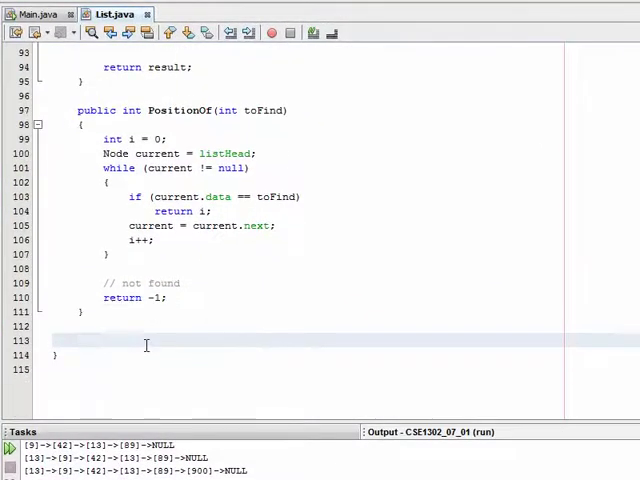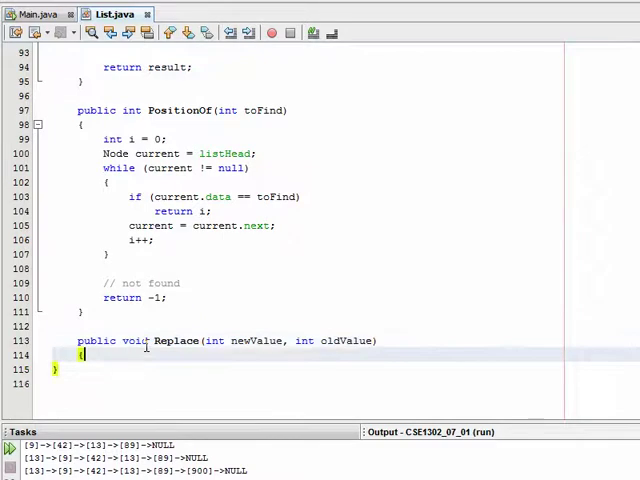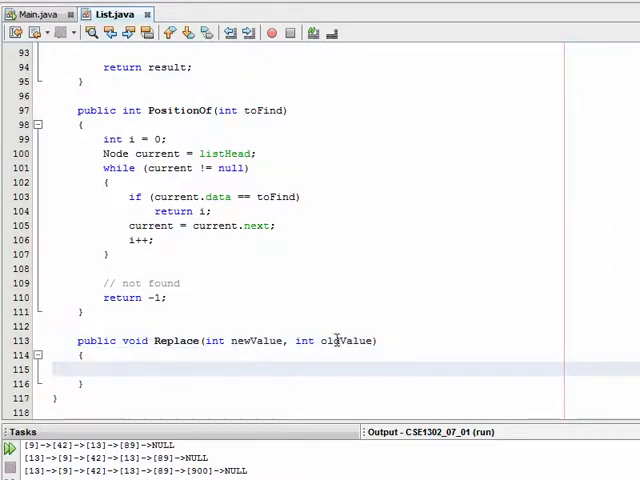All right, let's add another method. This is going to be a public void, and it's going to take in a new value and an old value, and it's going to iterate across the list, and every time it finds this match, it's going to replace the data. Okay, we have our pattern again of using this current node and setting it equal to list head to